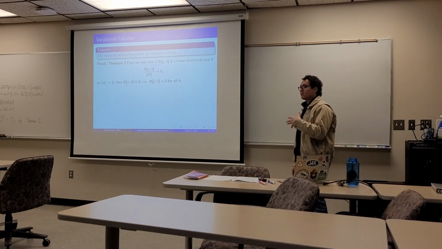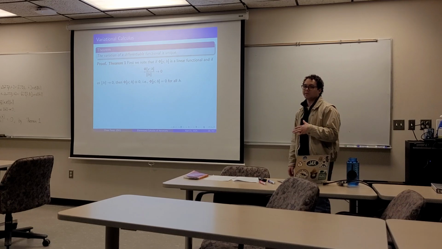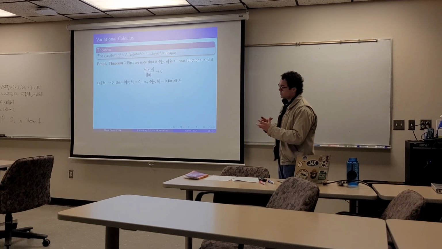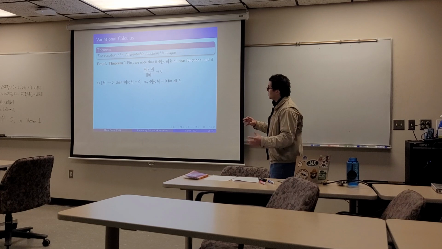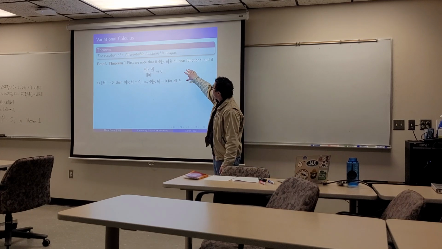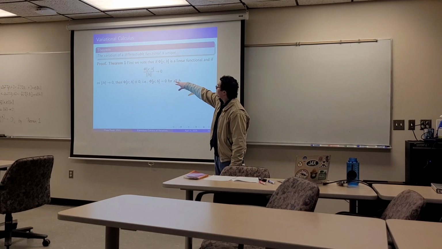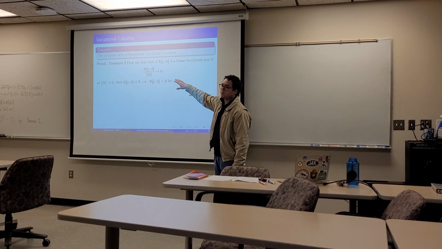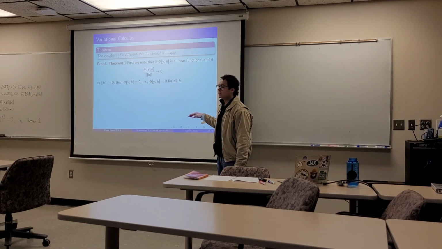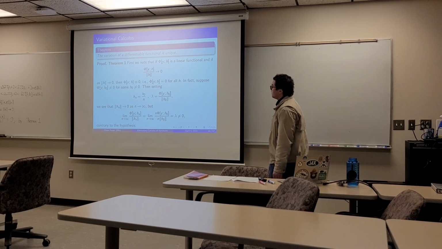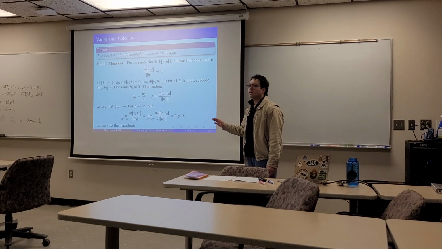First theorem here then is that the variation of a functional is unique. So we want to establish an idea of how our functionals are going to decay when we take these infinitesimals to 0. So we say that if we have this linear functional and the quotient phi of h over norm of h goes to 0 as h goes to 0, then phi must be equivalently 0 over that interval. And to see this, let's say that phi of h naught is not 0 when h naught is